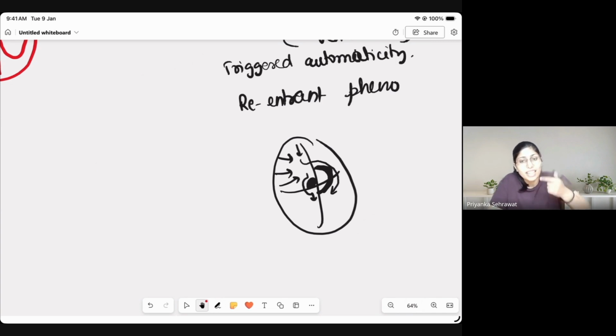Now the AV node is naturally a slow tissue, but the aberrant pathway is not a slow tissue. So what happens is this current reaches here faster than the AV node current that comes down, and it finds the AV node still excitable, because the AV node has not yet sent its current, so it has not started repolarizing. The tissue is still excitable. Because it still finds the tissue excitable, the current keeps on going in circles and keeps throwing multiple currents to the bundle of His, which then leads to tachyarrhythmias, right? This was about Wolff-Parkinson-White syndrome.